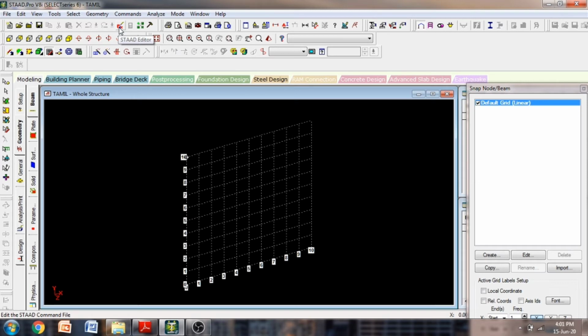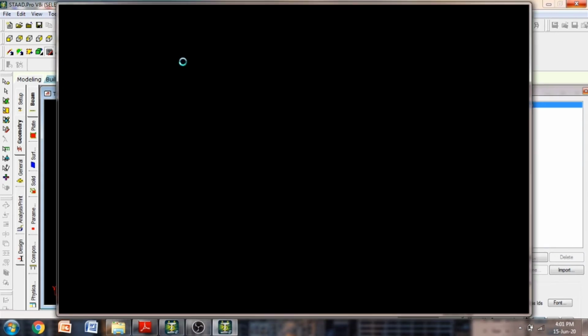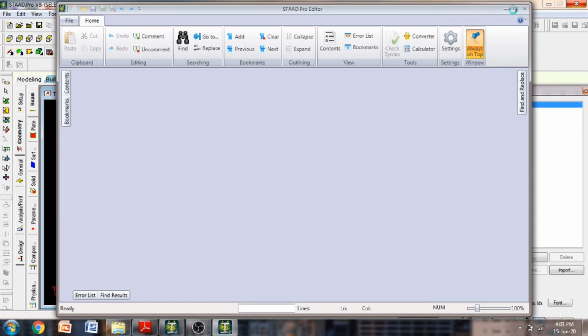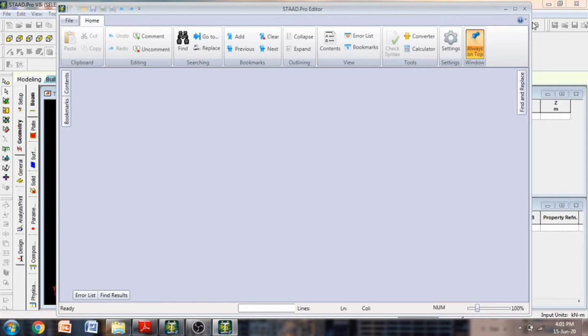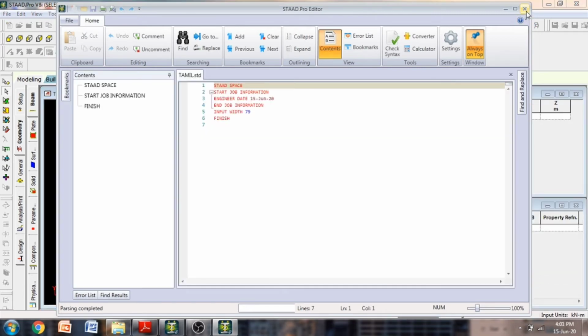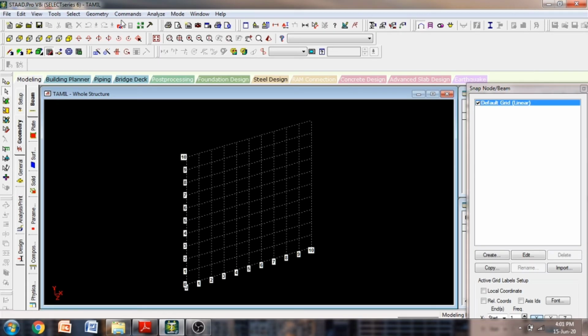This is the STAAD editor. If you ask what it is, instead of giving input to this step by step, you can just type your commands like C programs. You can easily type and give the input through it. But for basic beginners, if you are just learning this, it won't help. So if you practice day by day, and become an expert, surely you'll become an expert. After that you can use this.